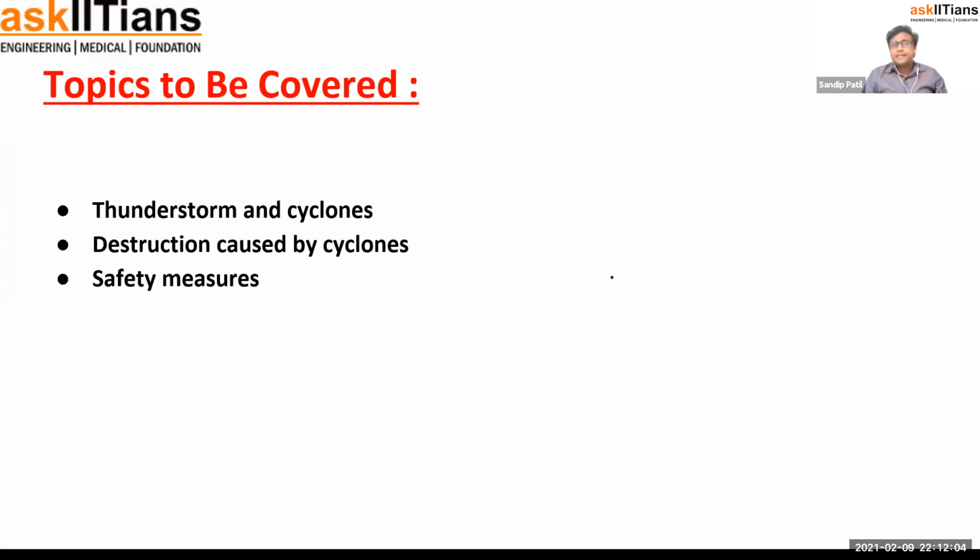cyclones, then the destruction caused by cyclones. We also discussed this point in the previous session: if you consider India, I specifically told you about Puri in Odisha. It is affected a lot by these cyclones. There are many cyclones in Odisha. So remember that point, because in the exam they are going to ask you about Odisha and Puri. There is a lot of destruction because of these cyclones, destruction of property and homes.